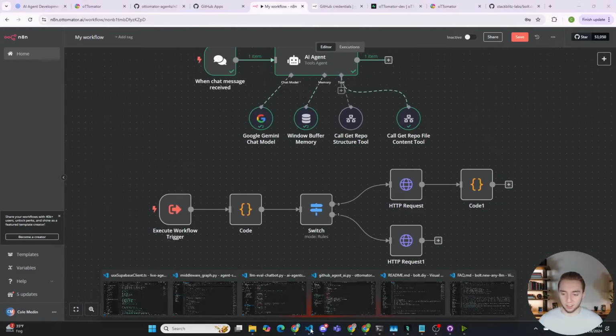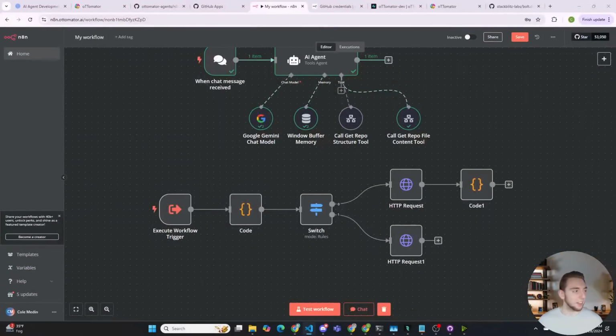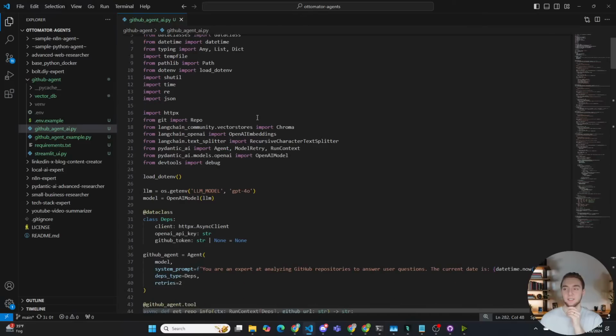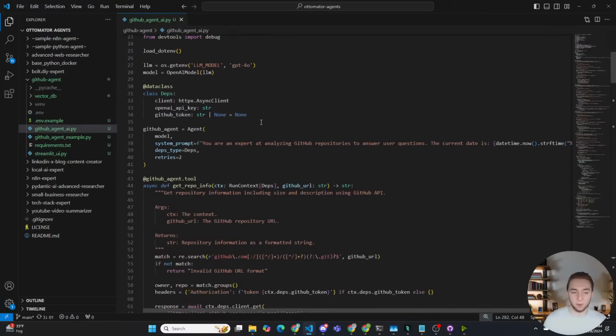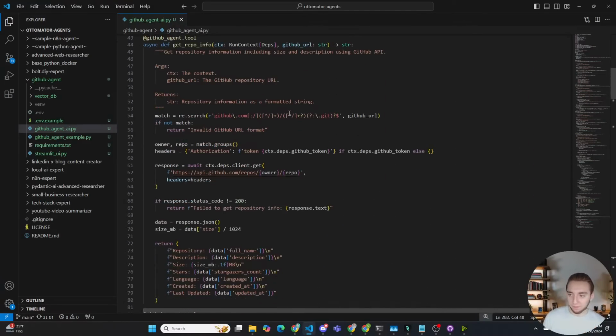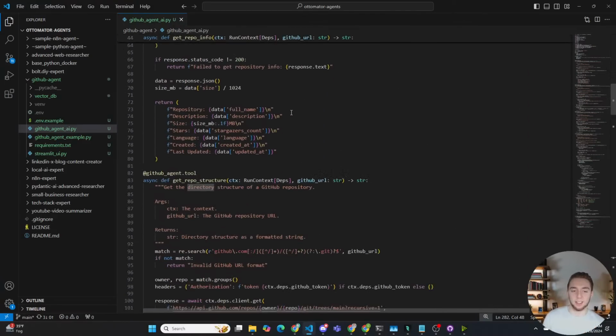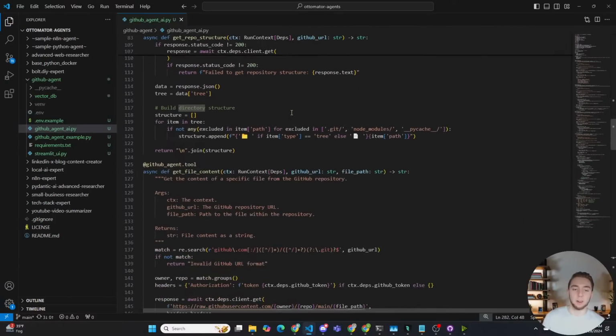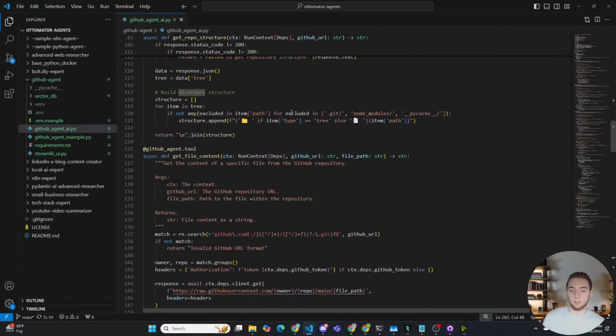And a little teaser here, I have actually been working on that already. Let me show you this right here. I've already started to work on the Pydantic AI version of this agent. So a little bit of a sneak peek of what's coming in the series here. None of this code is super bulletproof at this point. I just started working on it, but a lot of what we're building in n8n right now as the prototype